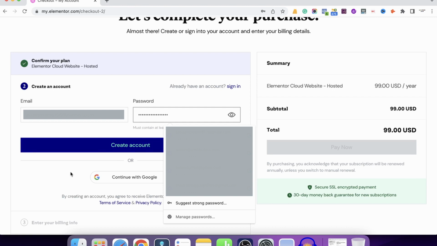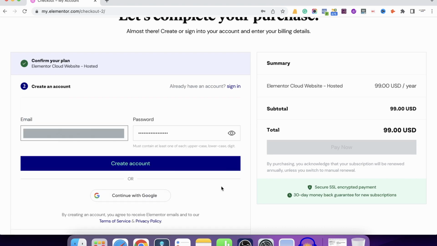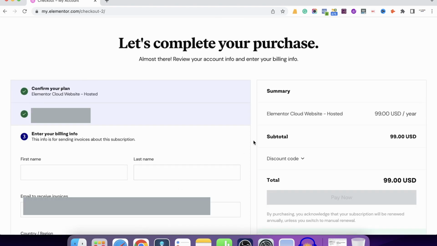Now simply click on the create an account button. There are two options you will see here to create an account. First of all, you can manually enter your email address and password, or you can continue with your Google Gmail ID. So we have continued with our Google Gmail ID to create an account. You can also manually enter your email address and password to create an account.